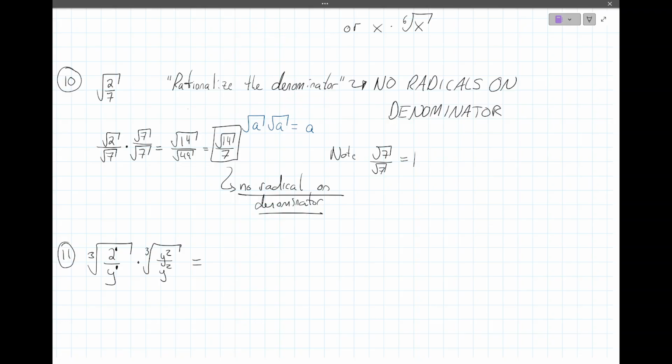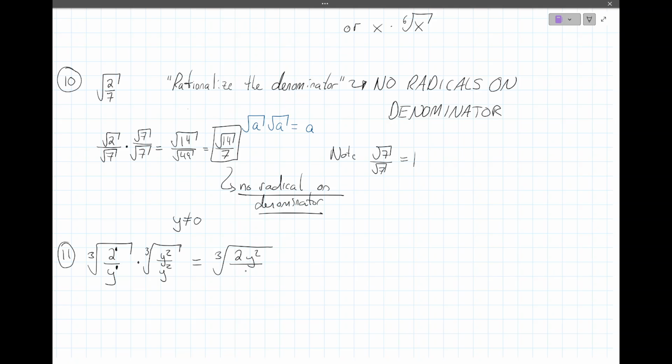And what's going to happen, this is still going to be 1, and I know that y is going to be greater than 0 here. Well, actually, we can even say y just can't equal 0. That's fine, right? Because I can't divide by 0. But this whole thing is going to divide out to be 1, right? So I'm going to combine my cube roots, and I'm going to get